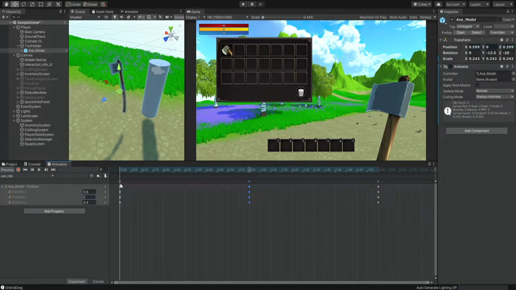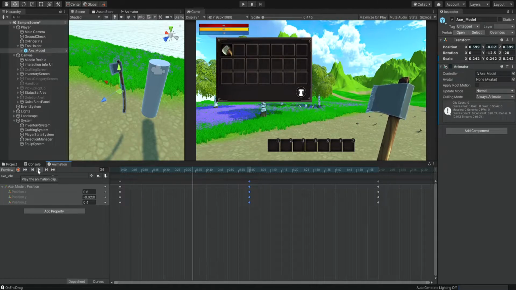So all I did was take these frames with the positions, I copied them and pasted them in the middle. So we have one at 0 seconds, one at 1 second, and one at 2 seconds. The first one and the last one are exactly the same. It's just the default position. But the middle one, I changed the Y position to negative 0.04. So it moves on the Y-axis a little bit. And then when we run everything together, it gets this swing animation.